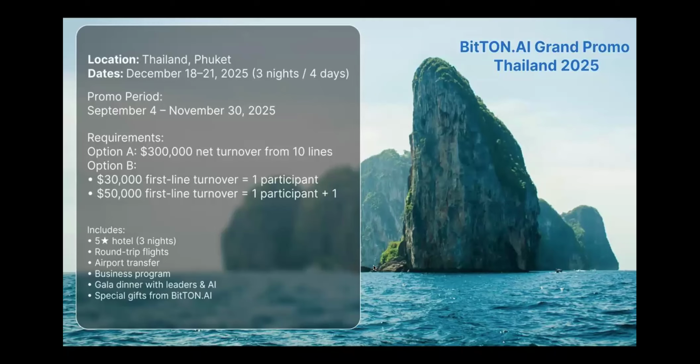The only question that needs to be specifically explained by our project: if you are going to take a +1 with you, then it definitely needs to be 50,000 of first line turnover and not other metrics. Again, 300,000 of turnover within the 10 lines team is a ticket for one participant, or 30,000 in the first line. Then this participant definitely has a ticket to the promo. But if you have 50,000 in your first line, then you will be able to take one more person with you. And all these expenses, flights, accommodation, airport transfer, will be covered by